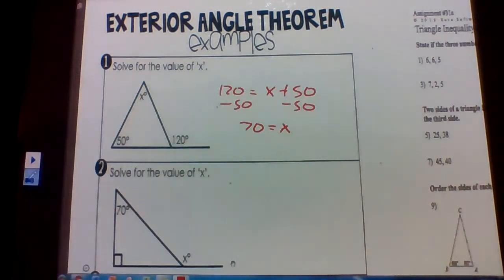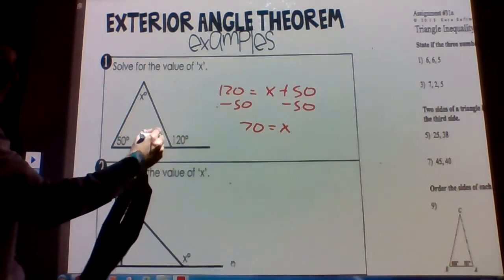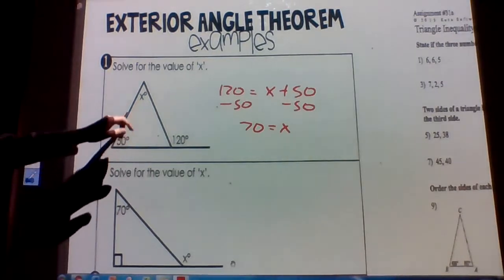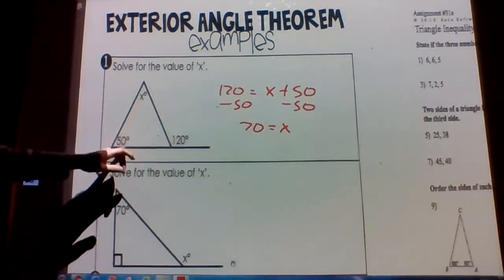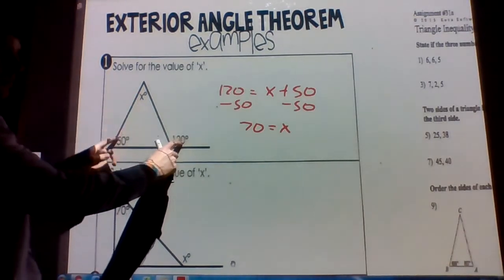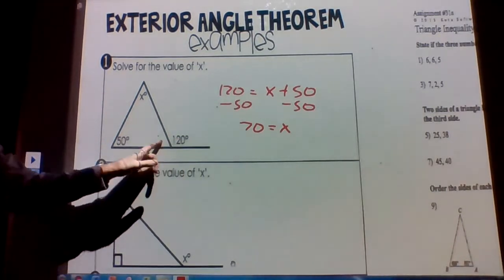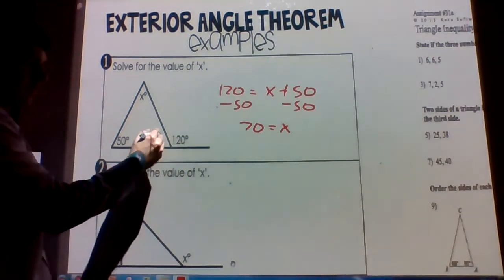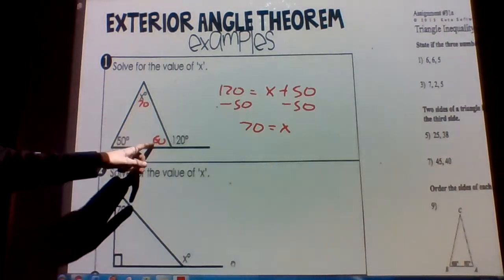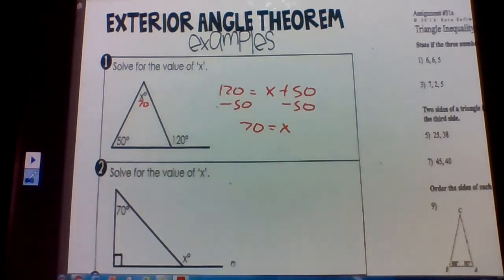And again, the reason for this was that these two are linear pairs, so they're supplementary. Right? And then these three add up to 180. So since these two are also going to be supplementary with this one, we know that these two are going to equal 120, because these are supplementary, so 180 minus 120 is 60. And then 180 minus 50 minus 70 is also going to be 60. So we know the exterior angle is equal to the opposite two interior